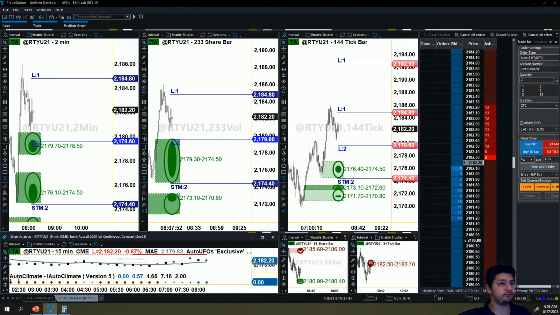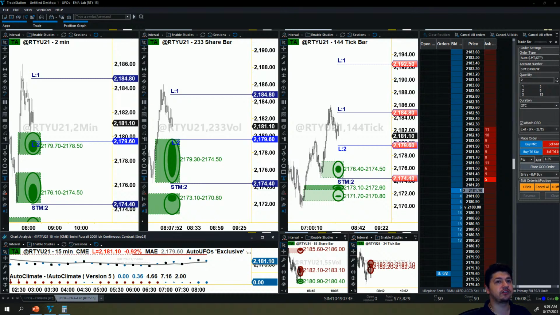Now, you might be saying, this is a pretty big area that you're going into. I'm not saying no to that. It was like 5.5 points, I believe. You can certainly enter on, for example, the micros. That's another option that you have. I'm sorry, on the micros, not on the mini. This is the mini. You can certainly enter on the micros should you choose to.